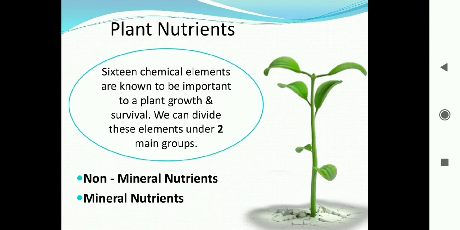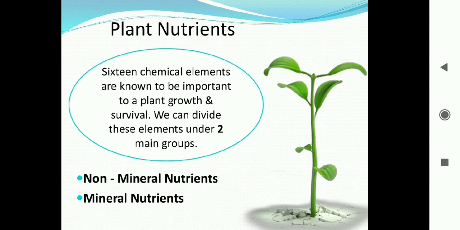Hello students, today we discuss mineral nutrition, and one of the topics of mineral nutrition is what are the main functions of the mineral elements and what are the deficiency and toxicity symptoms of the mineral elements. As we discussed in the lecture, there are 16 elements required for plants for their growth and development as per the criteria of Arnon and Stout.